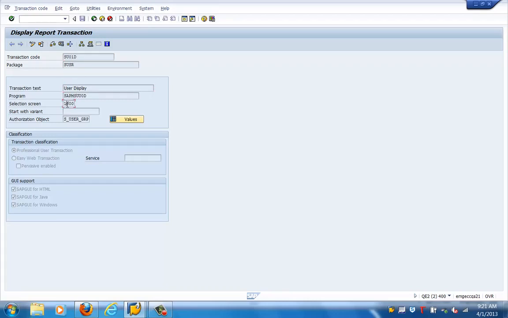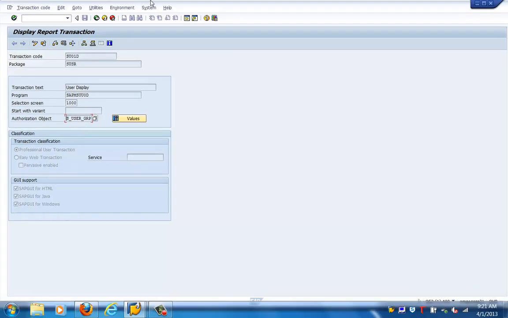The transaction is user display. You have the program name, the screen, selection screen, and the authorization object. The transaction classification is also mentioned here. So this is the information that needs to be supplied when creating a custom transaction code as well.